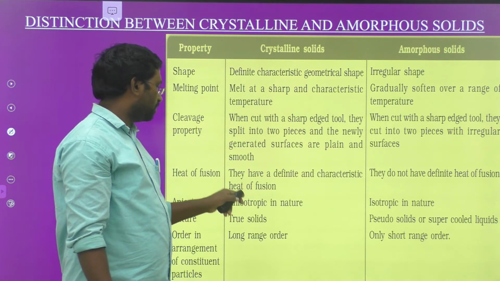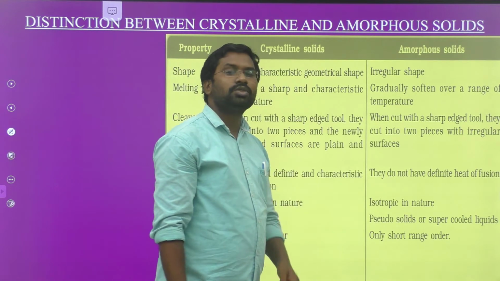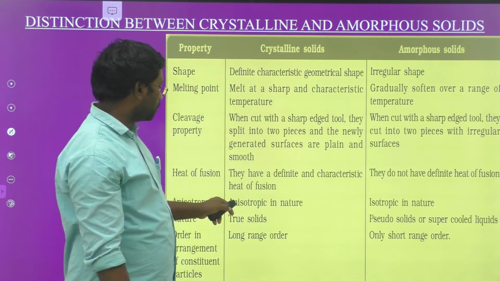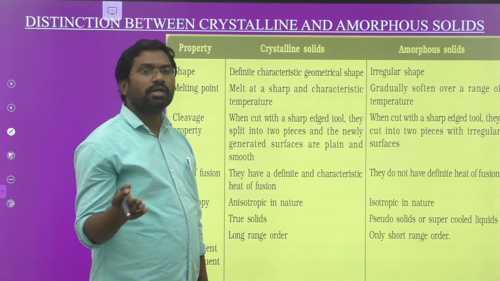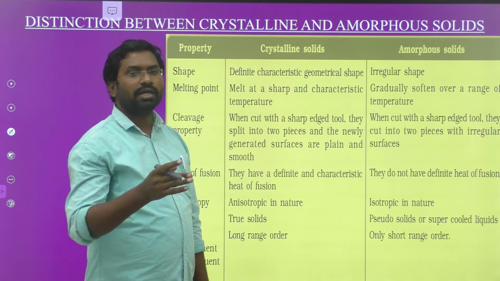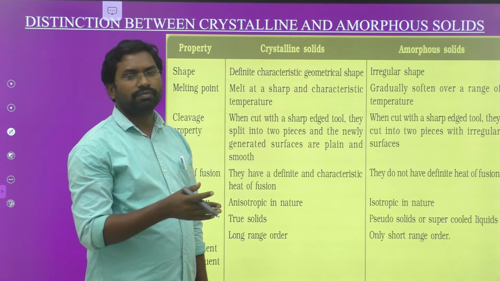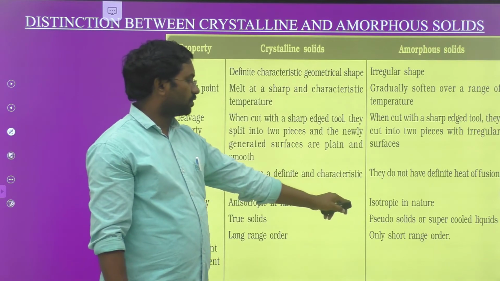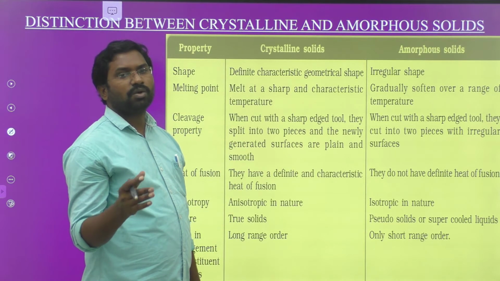Crystalline solids are anisotropic in nature, while amorphous solids are isotropic in nature. Anisotropic means that physical properties like refractive index or electrical resistance, measured over the entire crystal, give different values. In case of amorphous solids, isotropic means the physical properties of the substance have the same values